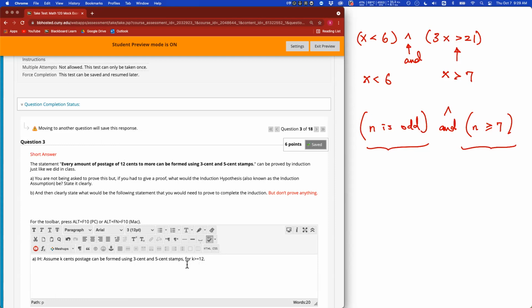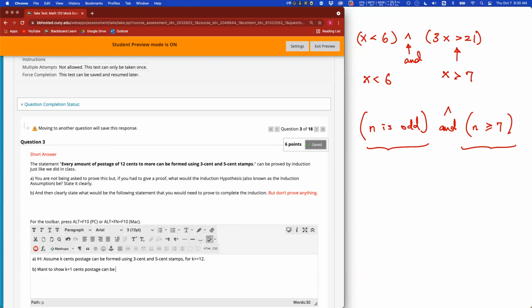So don't forget your condition on the variable, right? So that's part A. Now part B, it will ask you to state the statement that you need to prove to complete the induction. So after your assumption, right? Normally we assume Pk, and you want to prove Pk plus 1. So you want to show k plus 1